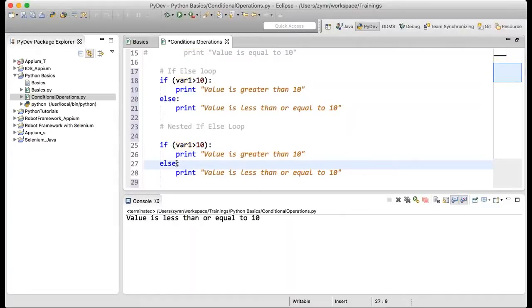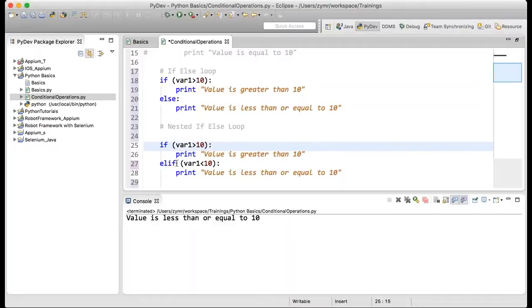Here instead of else there is a way in which we can put one more. So elif means else if. Again we put the condition in the bracket saying var1 is less than 10.